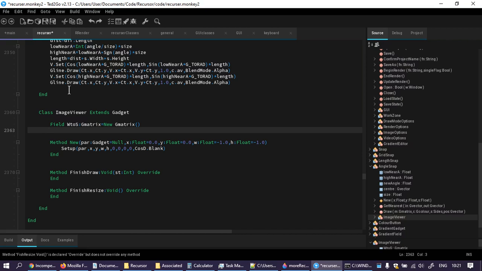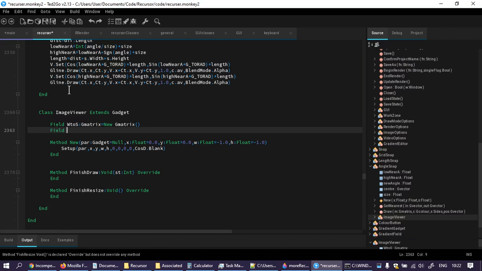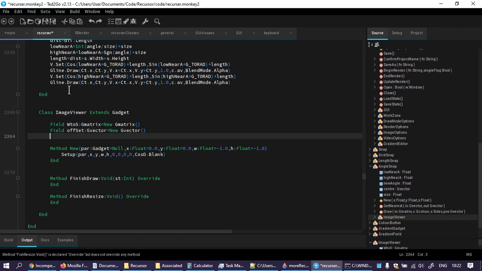And maybe I'll need screen to world, probably not that much. But I will need to store things like the offsets and the scales. And will I be bold and just use G vectors? Offset equals new G vector, and field scale